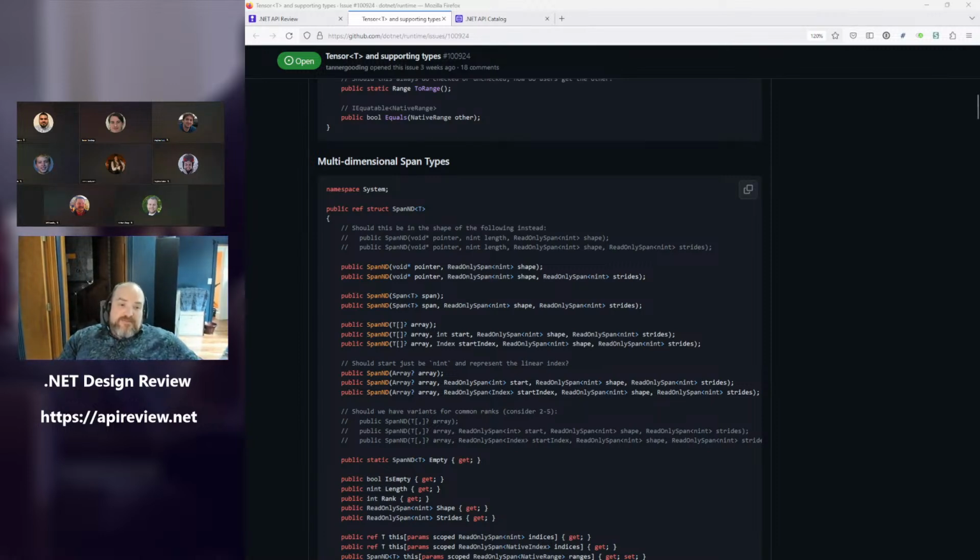I like hyperspan, tensor span, quasi span, proto span, polyspan. Basically a prefix. Even though that would make it inconsistent and potentially confusing with read-only span and read-only whatever prefix span, and any fixed size types we could decide to expose in the future for performance reasons, like a span 2D. I think that part of the reason we call it span 2D is because we can't call it 2D span, because the language rules say you can't start with a number.